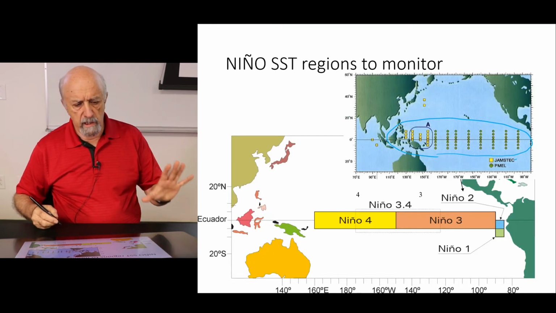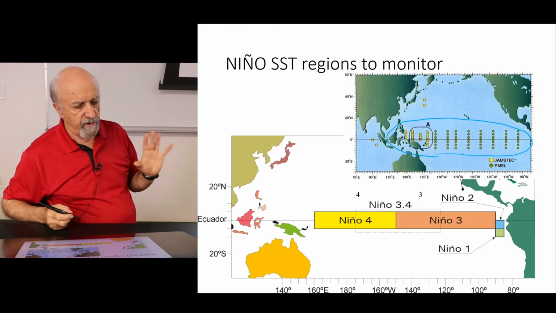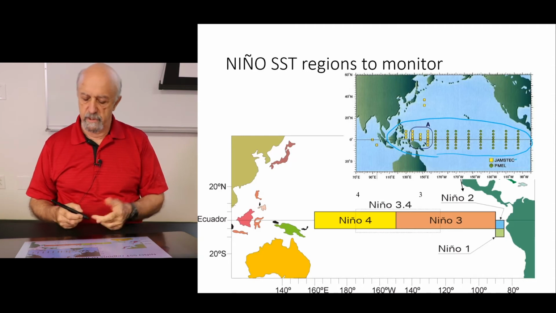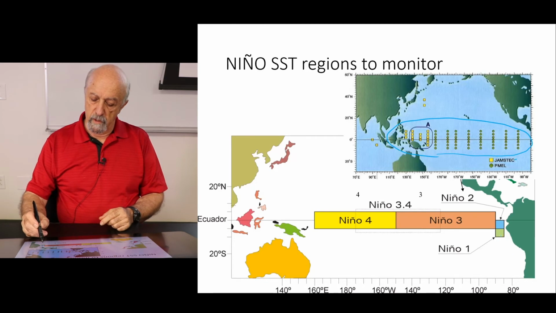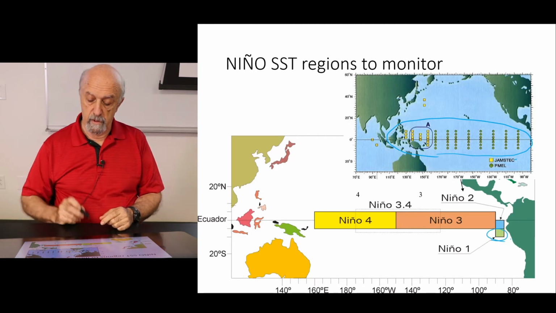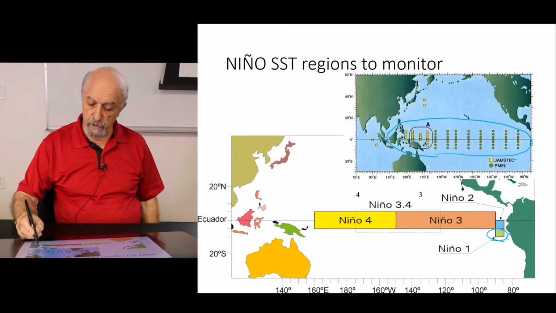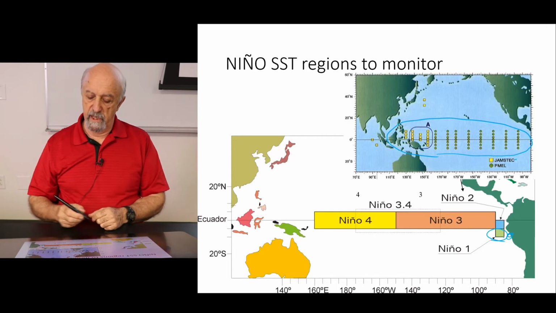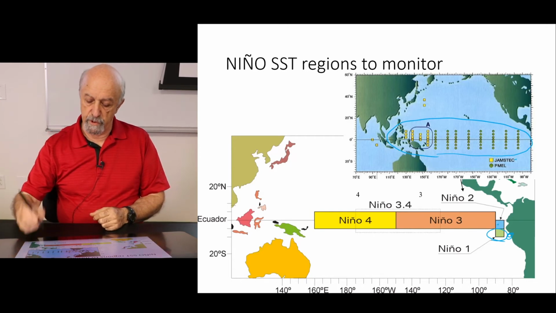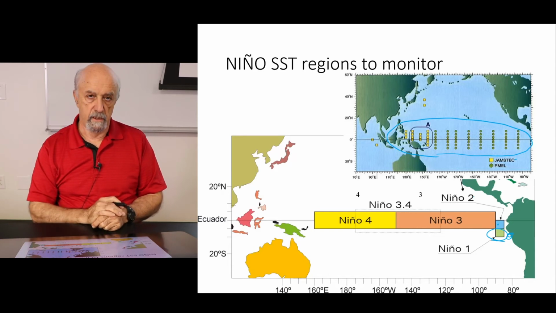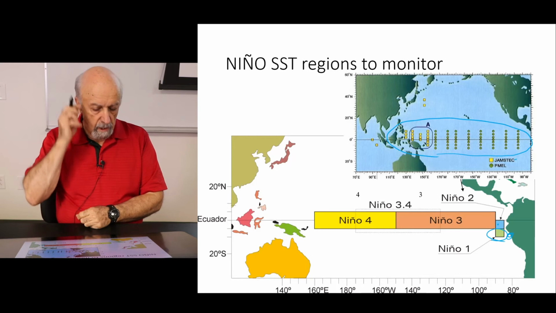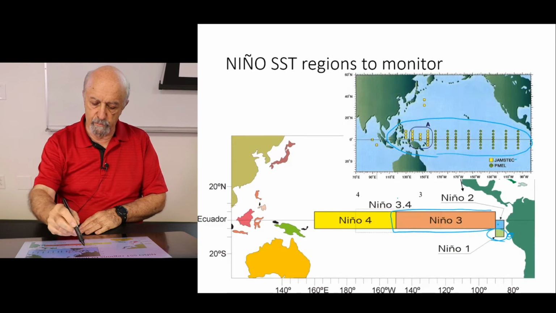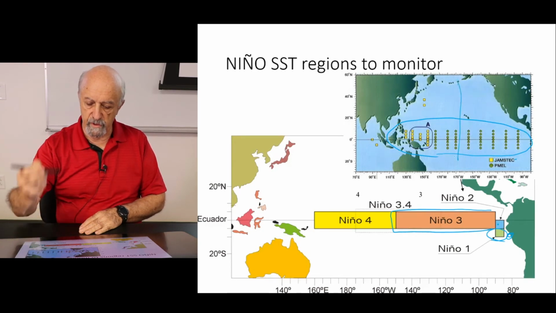So a little history about how we started monitoring these things is very much showing the way we humans do things. The first thing we did was go to this place in here and observe what happened. Because this is Peru, and that's where El Niño happens, so we go close and look. And then we started looking also at the upper part of the region, number 2, Niño 2. It defined that region as such. And then we extended the region to Niño 3, all the way to the central part of the Pacific, more or less in this part in here.